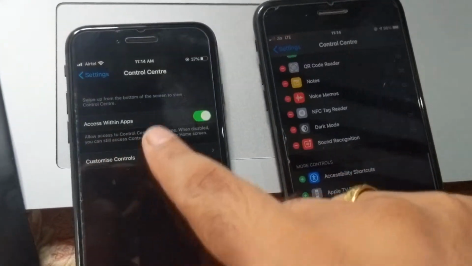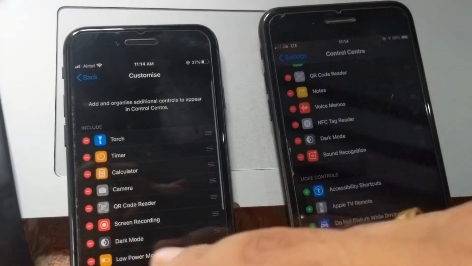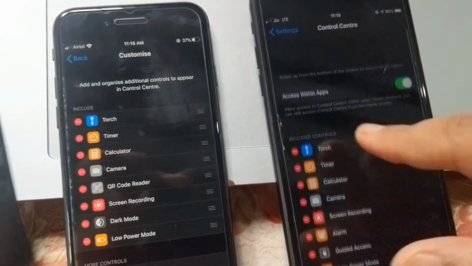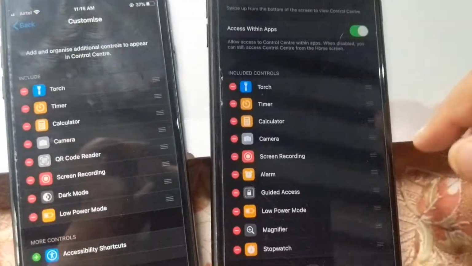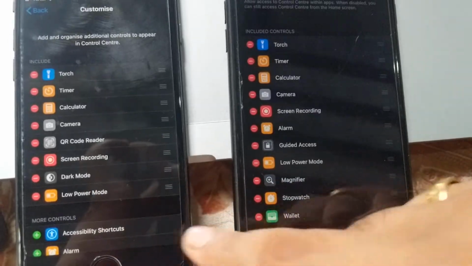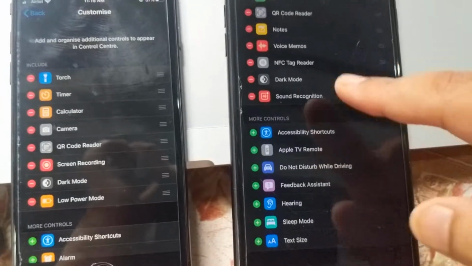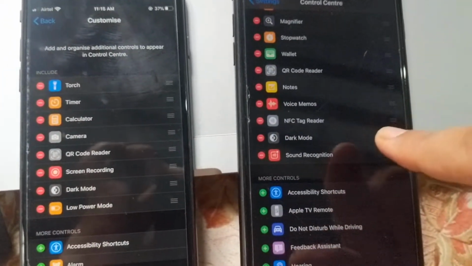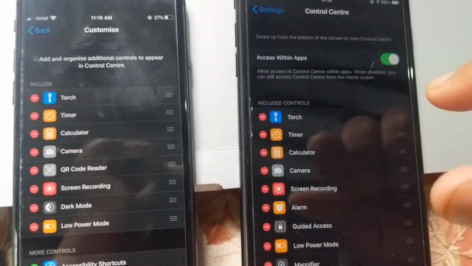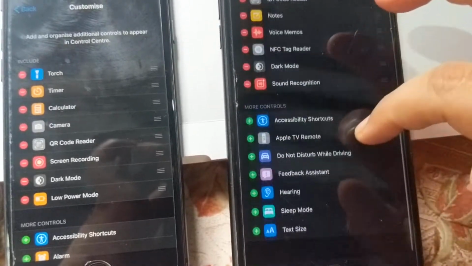In iOS 13, once you went to control center, you had to go one more level deep. But in iOS 14 they have provided all the options in the beginning itself. There are options like dark mode, etc., which were available in iOS 13 as well, but one level up they have made all the options available. You see camera, screen recording, alarm, etc.